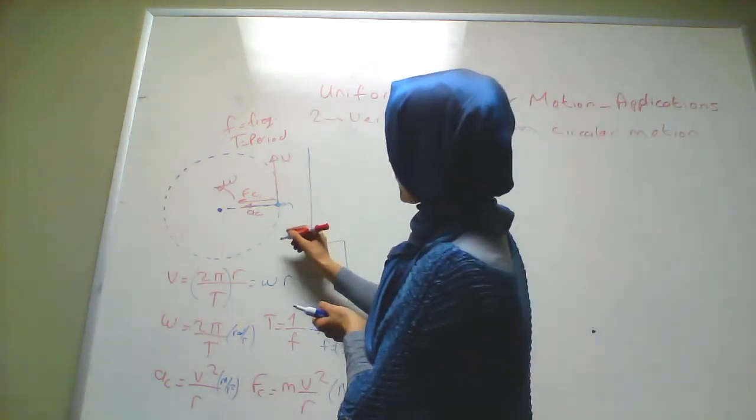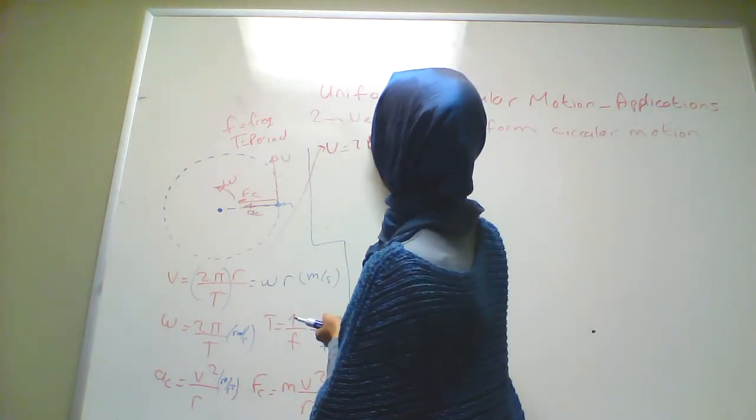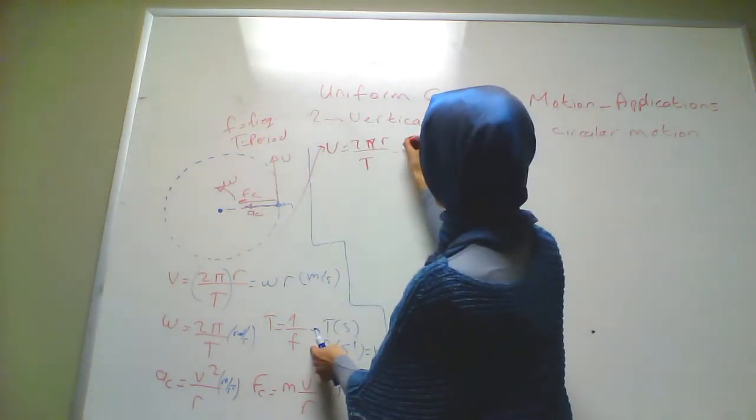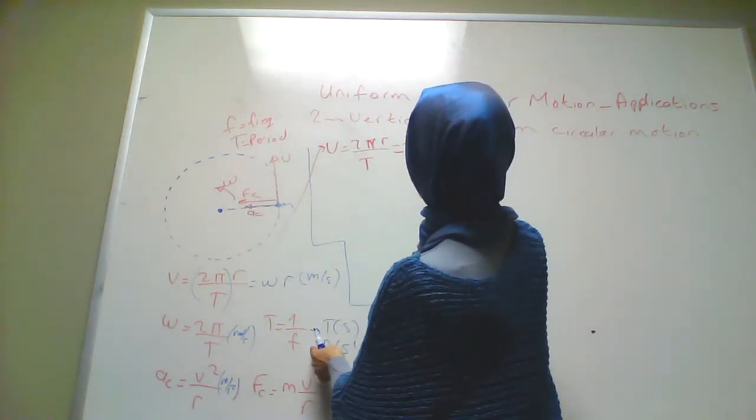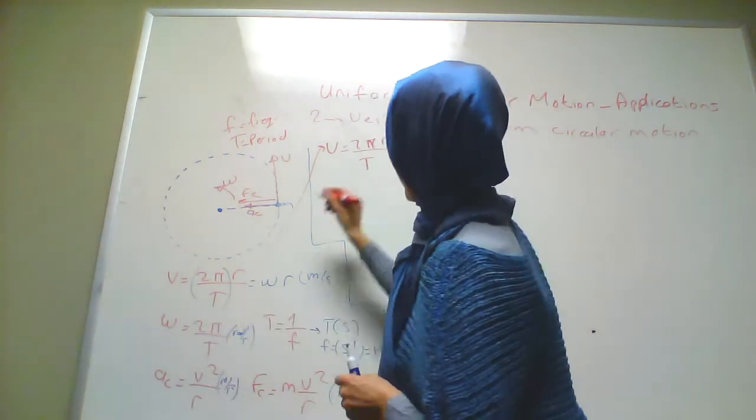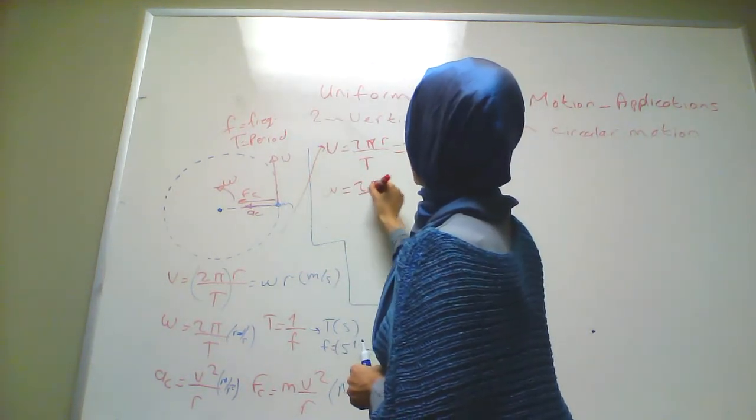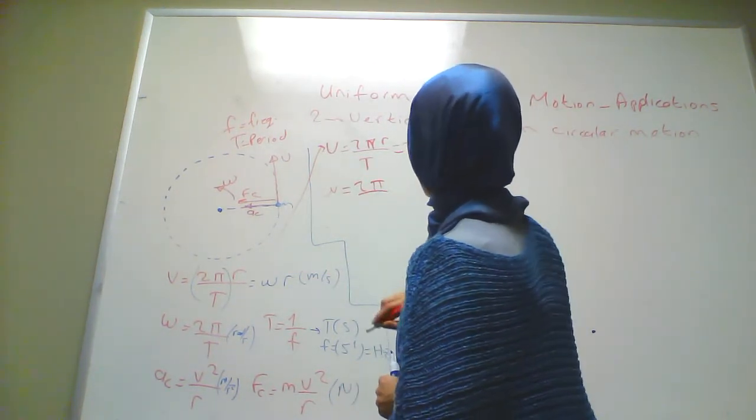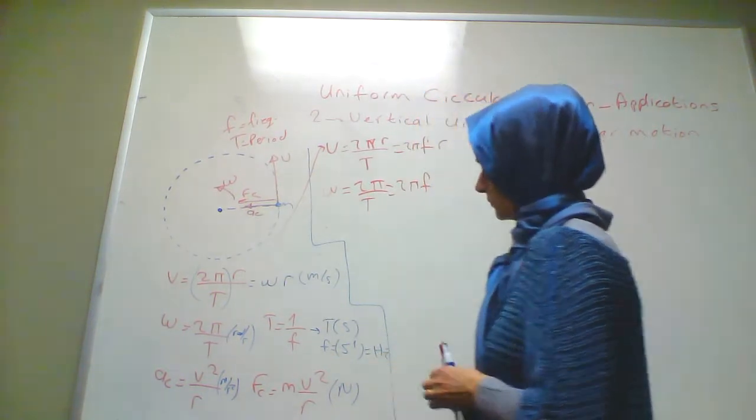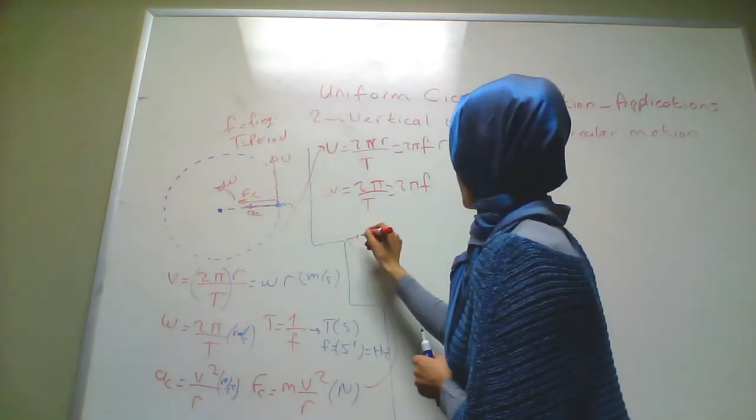One thing I also want to show you about these equations now is that if v is equal to 2 pi r over t, and t is equal to 1 over f, this is also equal to 2 pi f times r. You can also use this, and the same goes for omega, angular velocity, 2 pi over t, so 2 pi over t is also equal to 2 pi f. Also for the centripetal force,